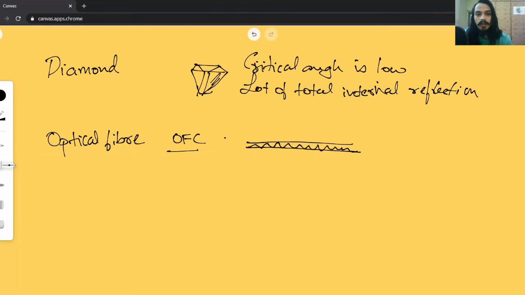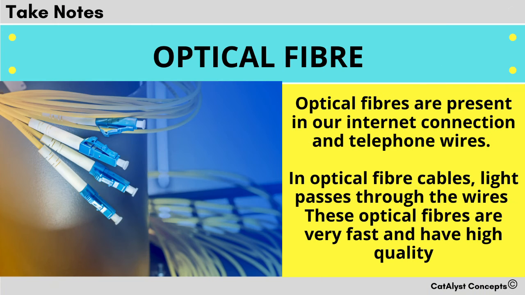Okay. The reason optical fiber is used in communication is, one, light is the fastest thing in the universe, so the speed of it is going to be very fast. Okay. Another thing is, it is also better in terms of quality, because you're talking about data that is going. Light does not lose data. The older ways that we used to use communication in copper wires and all, those have a tendency to lose data, but light does not lose a lot of data. So these two are the major reasons why optical fiber is used for communication.